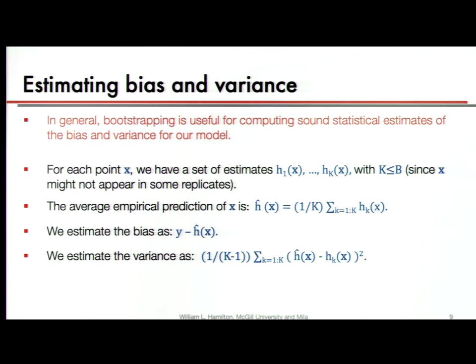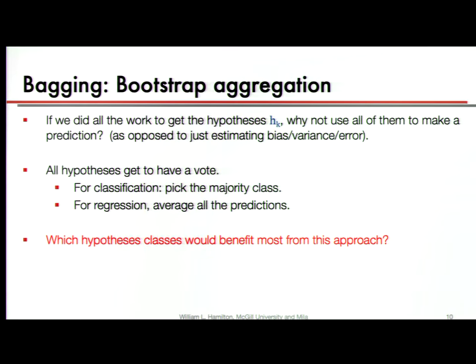I personally recommend that if you're trying to actually estimate how good your model is, standard k-fold cross-validation is just fine. But there are cases where if you're really trying to get good estimates of, say, the bias of your approach is a good example, doing proper bootstrap estimation in this style is a sound thing to do. But of course, we're not just trying to estimate bias and variance. That's the motivation for why people do things like the bootstrap. You also use bootstrap for computing confidence intervals, all kinds of things.